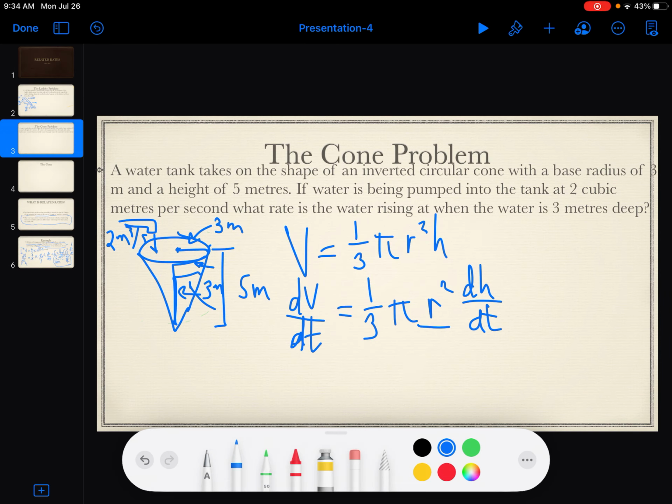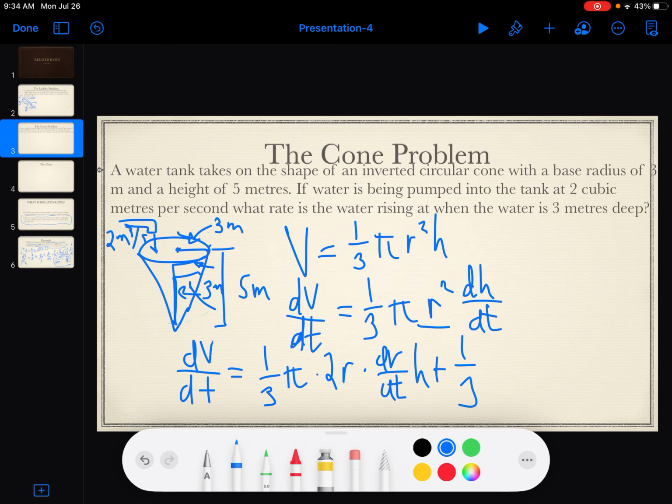The second mistake students make is they realize that R is also changing as more water is being pumped into the tank. And they take the derivative and they get 2R times dr by dt, h, and then take the derivative of the second variable, take the derivative of height, and they get something like this, and then they're stuck because, well,